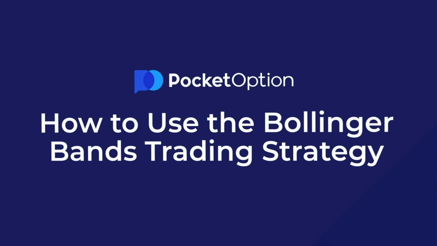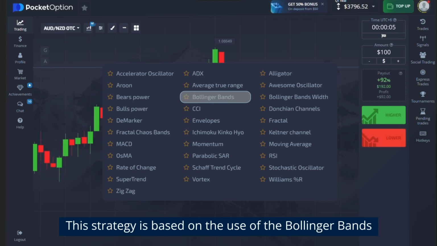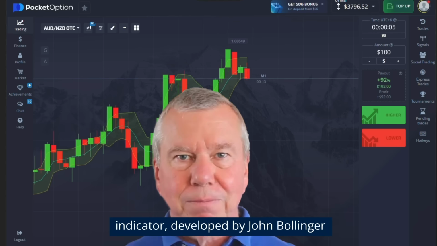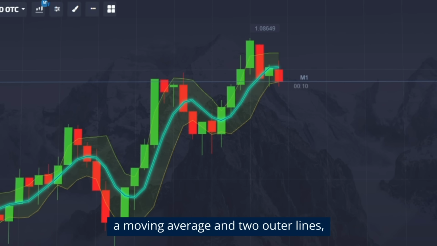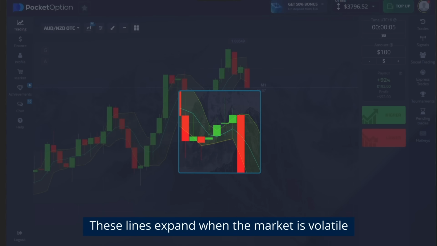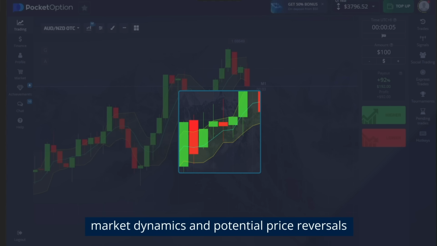How to use the Bollinger Band's trading strategy. This strategy is based on the use of the Bollinger Band's indicator, developed by John Bollinger. It consists of 3 lines, a moving average, and 2 outer lines, which are adjusted according to market volatility. These lines expand when the market is volatile and contract during calmer periods, helping to evaluate market dynamics and potential